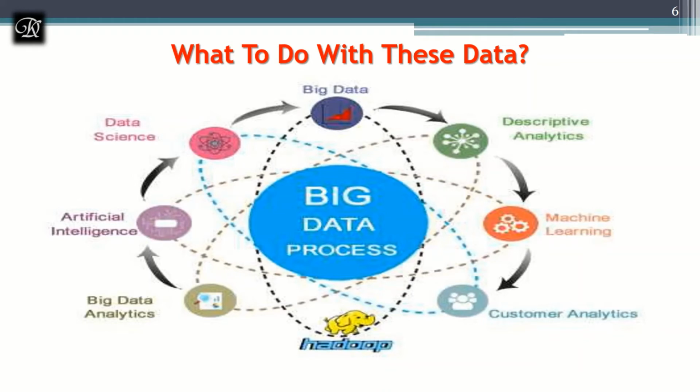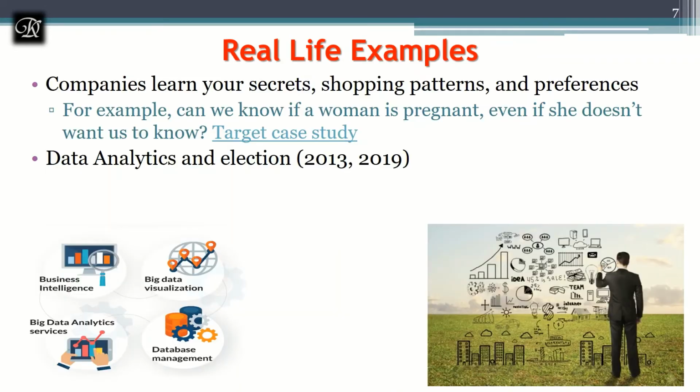We'll see some real-time examples of the role big data plays. We know that online shopping companies learn from the way we act on their site. For example, if I search for a mobile, it is going to predict and suggest a mobile cover and a screen guard also. Likewise, if you buy some devices, it checks the same patterns from other customers and makes suggestions. And you know, Amazon makes 38% of its revenue out of that suggestion.